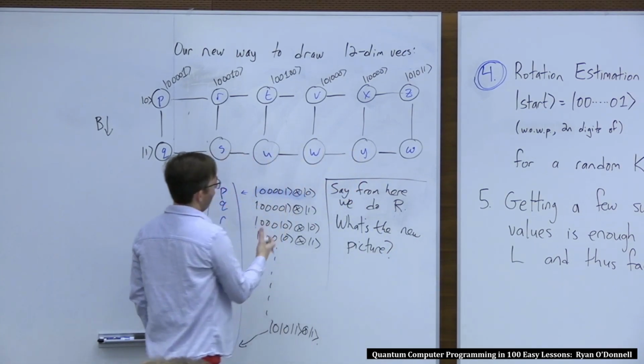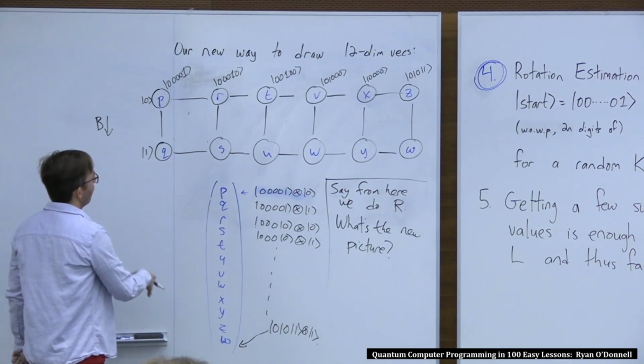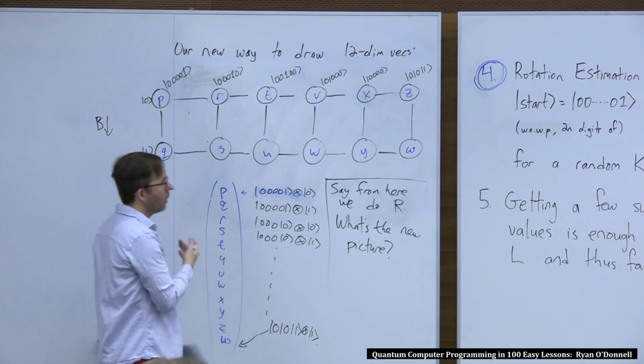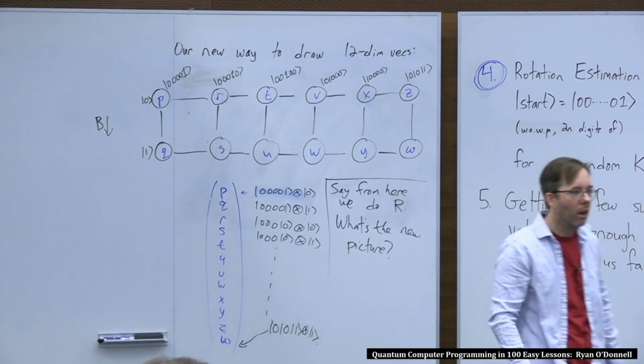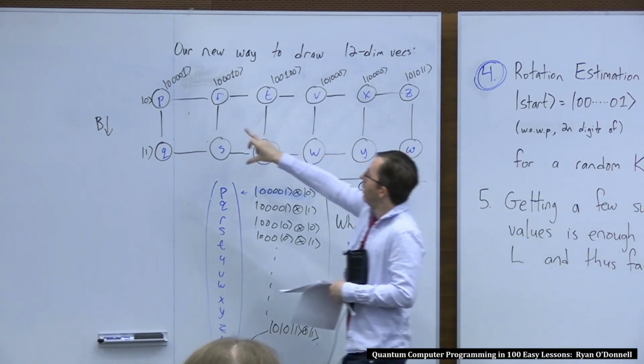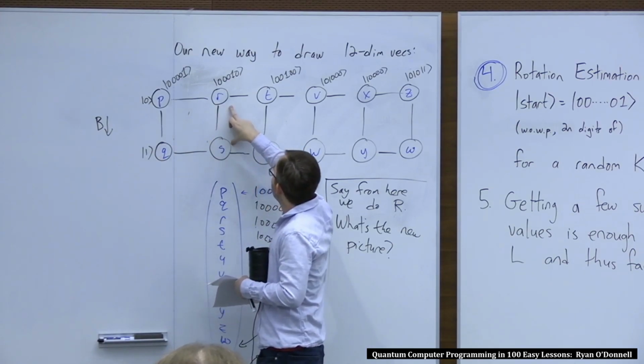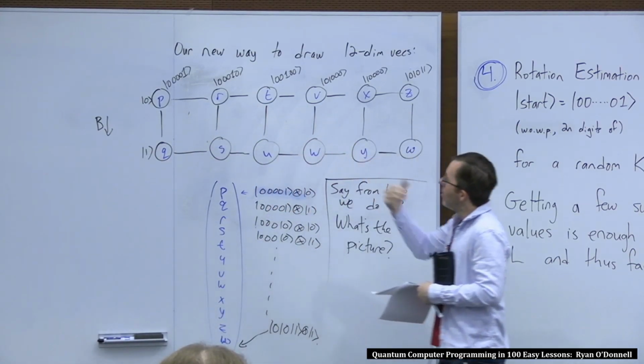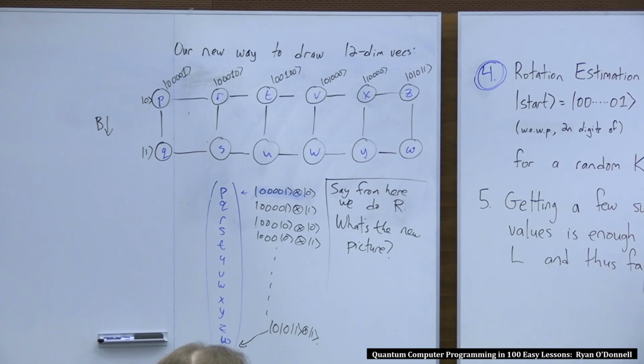If we were to redraw, like we get a new 12 amplitude state, we would redraw it in this diagram. What would it look like? Yeah. Move everything one down the train track. Yes, very good. You move each vertical pair one step down this track. Exactly. Because R has the effect of